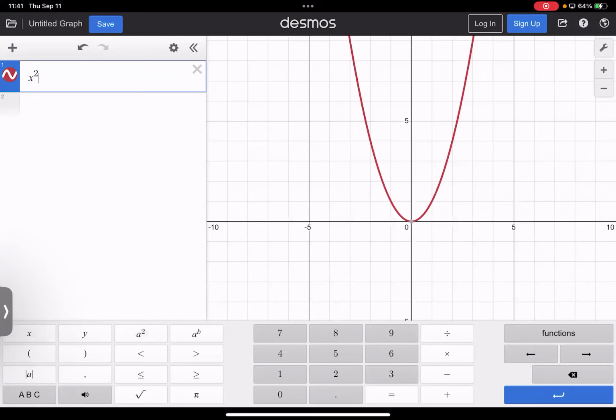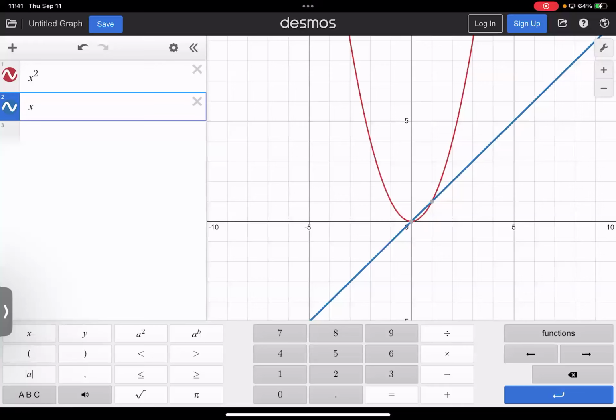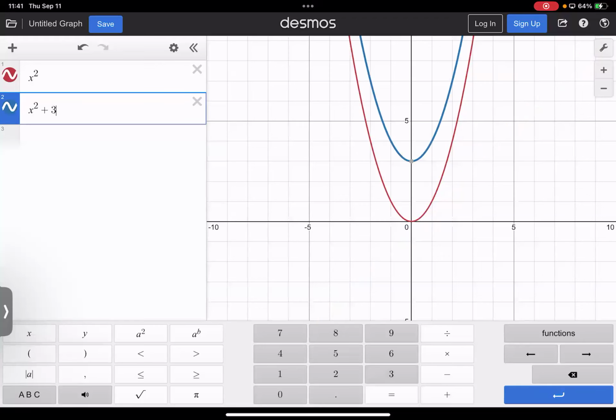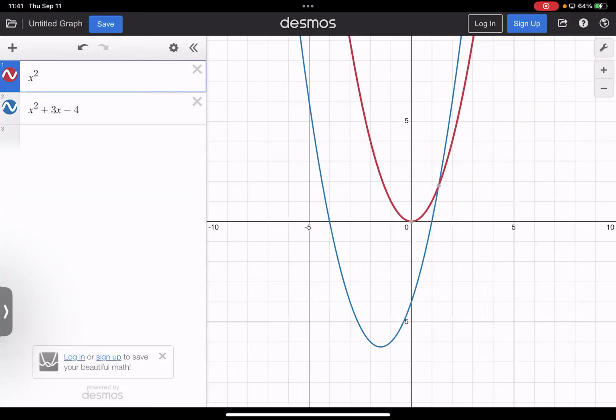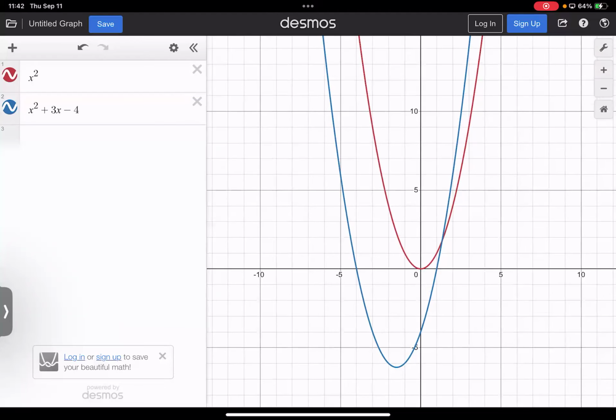So if you have something like x to the power of 2, and as you add things in, it just kind of jumps around until you settle down on something. But x to the power of 2 looks just like what we saw, right? General shape. Now, if I do x to the power of 2 plus 3x minus 4, something more complicated, but the highest power on x is still 2, look at this. Same general shape, right? And so knowing that general shape is going to be really, really useful.